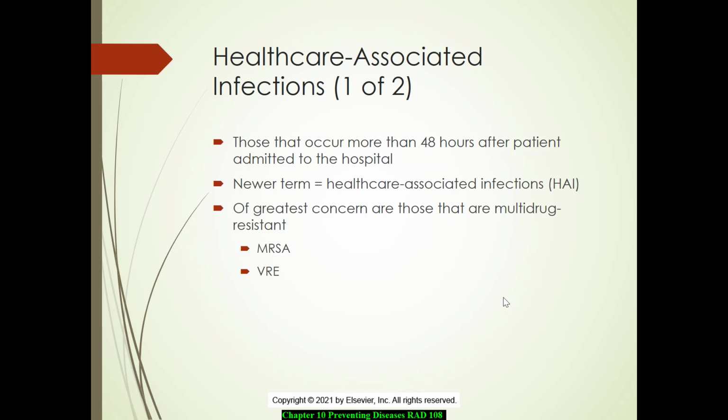So with these, they're also called nosocomial infections, and a more recent term being used is healthcare-associated infections. There are approximately 687,000 patients admitted each year, and so that's a lot of precautions that need to be taken within the hospital. It's estimated that 72,000 patients die each year because of hospital-associated infections. So again, if you hear the term healthcare-associated infections or nosocomial infections, they both mean the same thing.